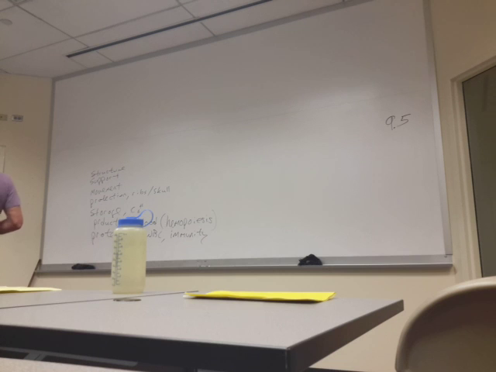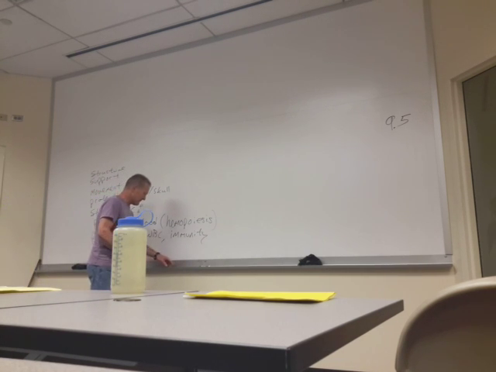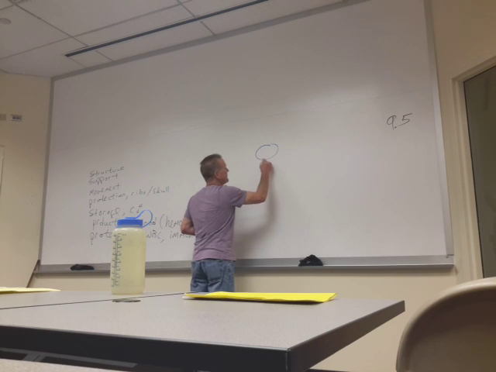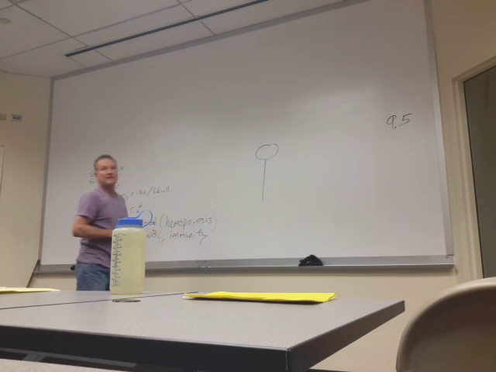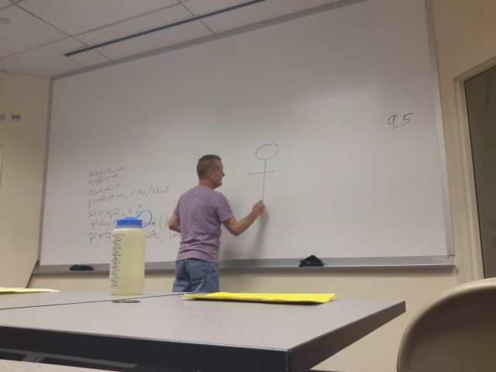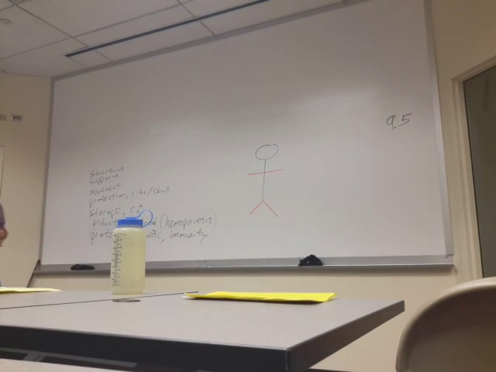Okay, so the first organization of the skeletal system is into axial versus appendicular. The easiest way to wrap your brain around that is to draw a stick figure. That's the axial skeleton. When you add the arms and the legs, you've just added the appendicular skeleton. So if you want to put that in words, the axial skeleton consists of the skull,